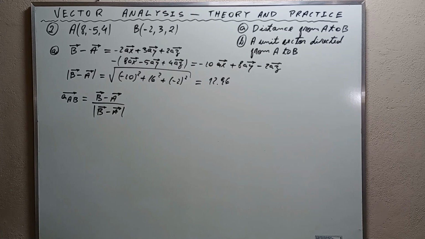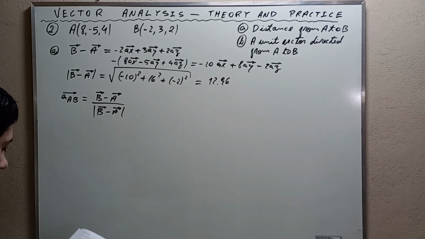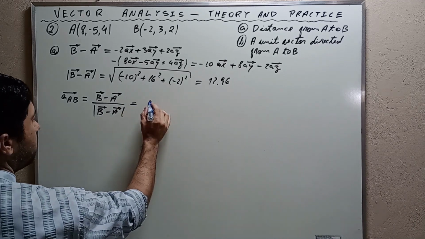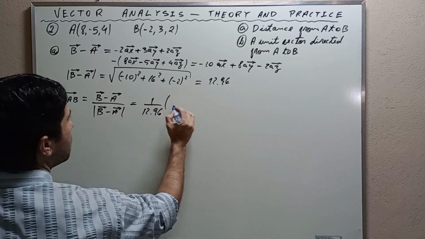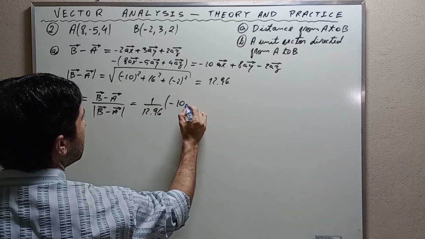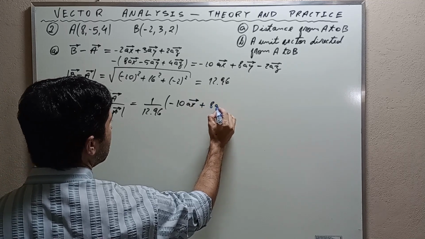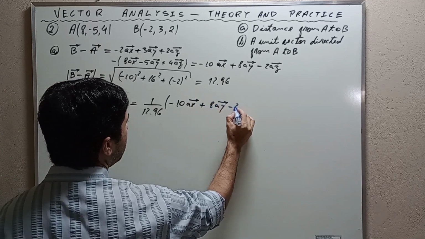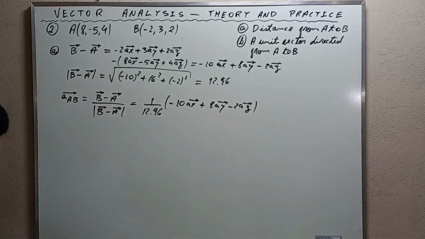We calculated the magnitude, 12.96, then it is going to simply be 1 over 12.96 times negative 10 ax plus 8 ay minus 2az, and this gives a vector such as